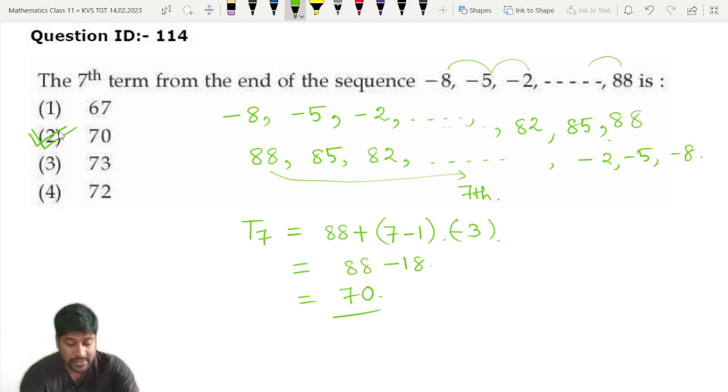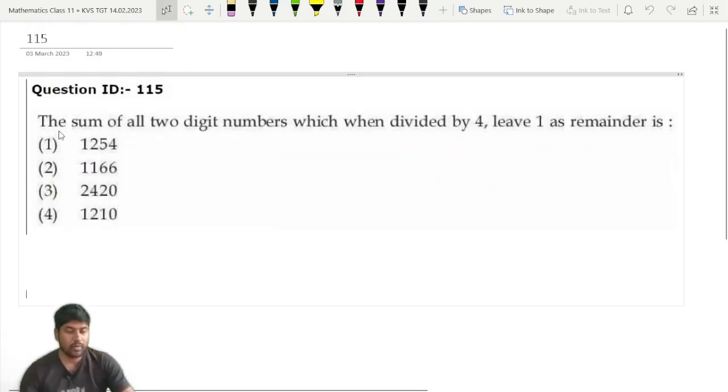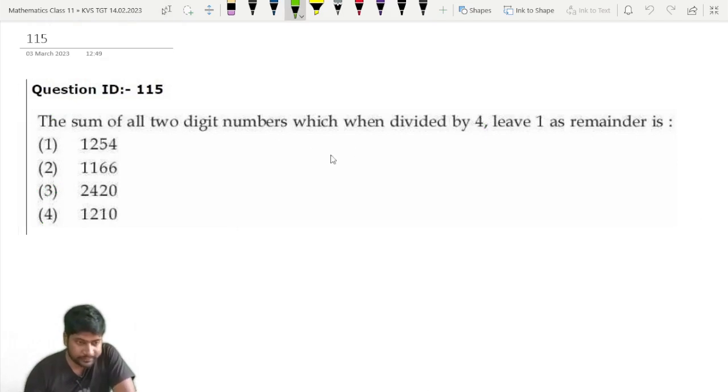Okay, so let's go to question number 115. What they are asking: the sum of all two-digit numbers which when divided by 4 leave 1 as a remainder. So the numbers which when divided by 4 leave 1 remainder are of the form 4n plus 1, is it not? 4n plus 1, where n belongs to,